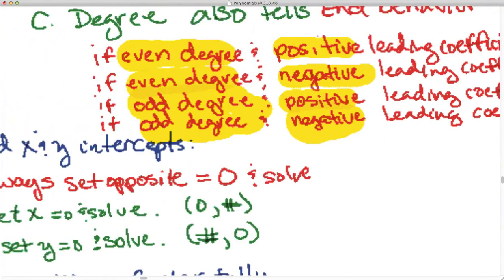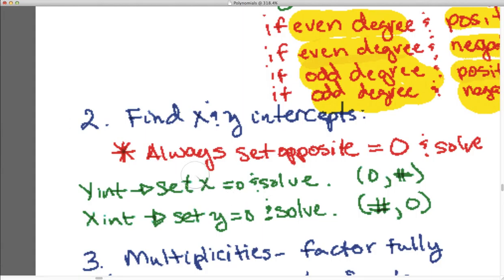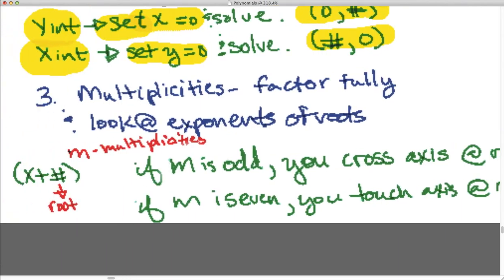Next, what we can do is look at the x and y intercepts. Always set the opposite equal to 0 and solve. So for the y-intercept, you set x equal to 0. For the x-intercept, set y equal to 0. The y-intercept has this basic form or look. The x-intercept looks like that. The number comes first. All right, so if you factor the equation fully,